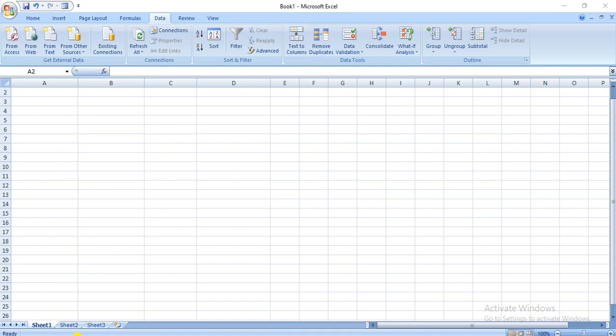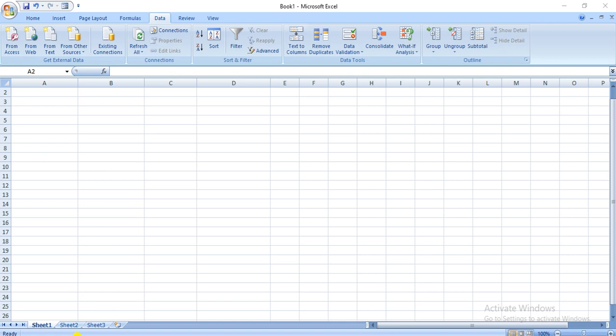So what is the use of this grouping worksheet feature? With this feature you can enter common data and apply common formatting effects in the grouped worksheets. Once the selected worksheets are grouped, any changes made to one worksheet in a group will be reflected in the rest of the grouped worksheets. So if you enter common data and apply a common formatting effect in the grouped worksheets, you can see the same format will be applied to all the grouped worksheets.